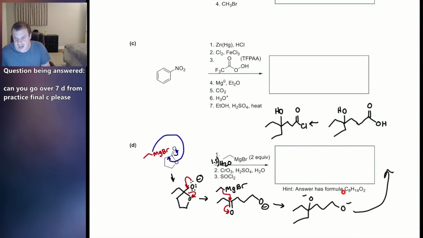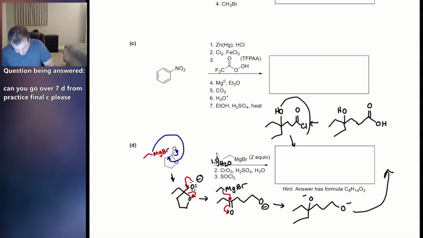I gave this hint: answer contains formula C8H14O2. So everybody was freaking out because of that formula, because isn't the answer supposed to have a chlorine in it? I thought the answer was supposed to have chlorine in it. So everyone thought, oh no, it's another typo, just like over here he made a typo. But actually, remember, if you have an alcohol and an acid chloride in the same molecule and you started seeing these neurons started clicking and people started figuring it out,